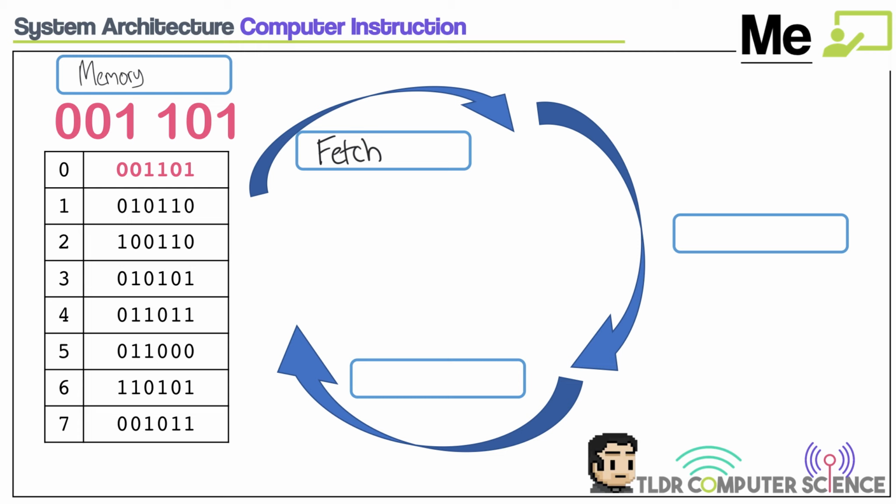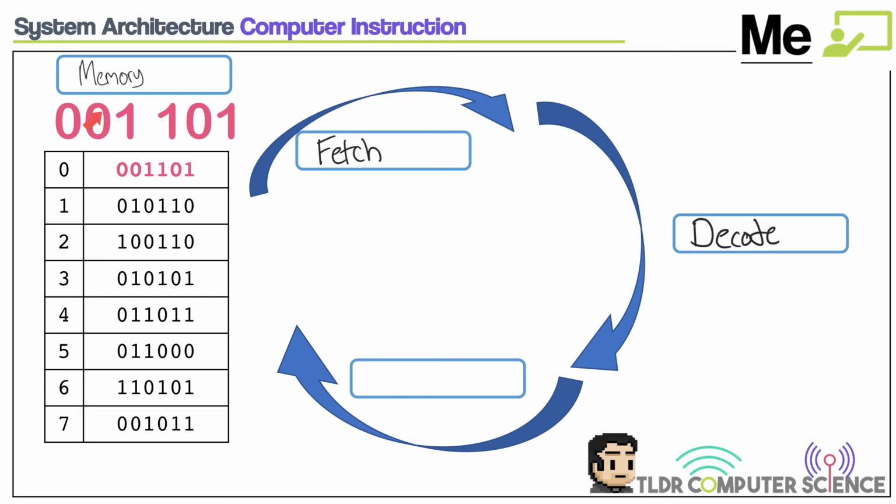Mehmet, what's going to be next in our little processor cycle? So we fetched, let's say we're fetching with this first instruction, 001, 101. What's the next thing that needs to happen to that instruction? Absolutely, we're going to need to decode it, right? We're going to find out what it is that we're supposed to be doing with this. Is it to add? Is it to subtract? Is it to input a value or to output a value? Also, it's probably the value you're trying to add to it. So it might be like, for instance,